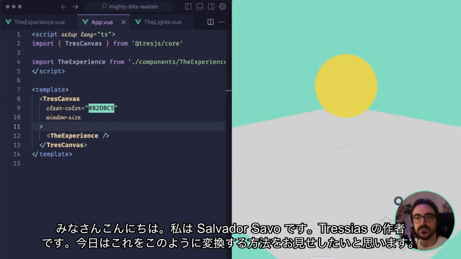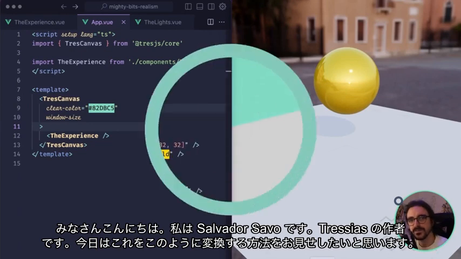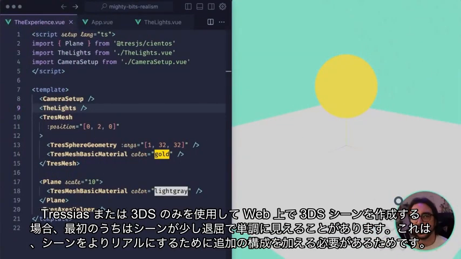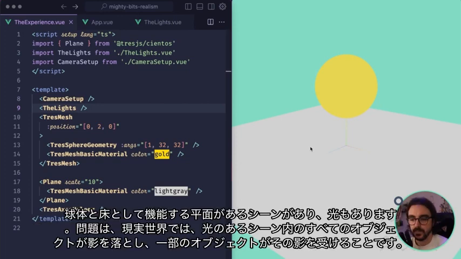I'm the author of Vue.js, and today I want to show you how to transform this into this. When you're creating 3D scenes on the web by using Vue.js or even just Three.js, your scenes at the beginning might look a little bit dull, plain, and that's because we need to add extra configurations to make it more realistic. We have a scene with a sphere and a plane that serves as a floor, and we have some